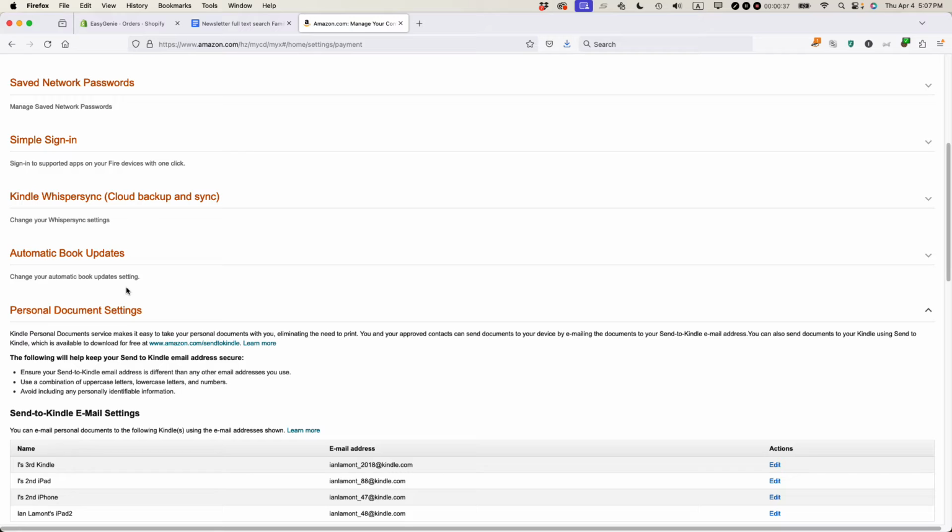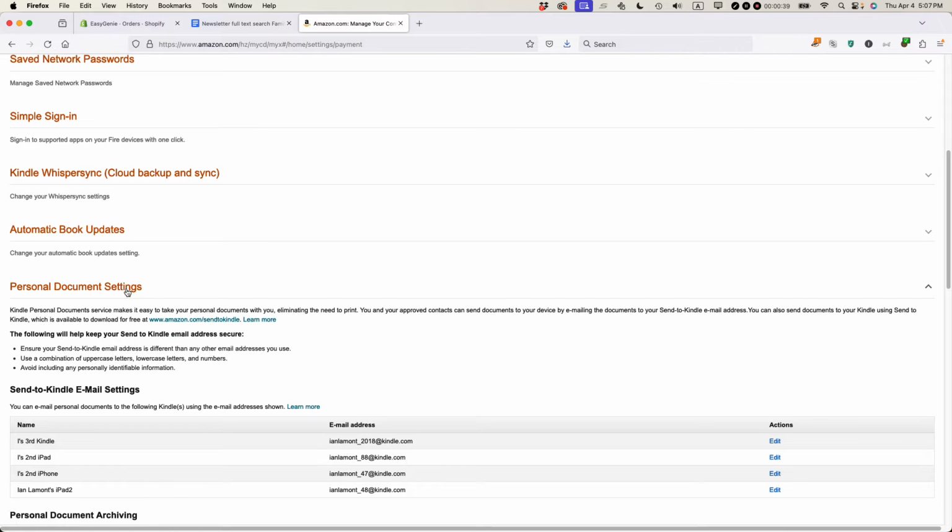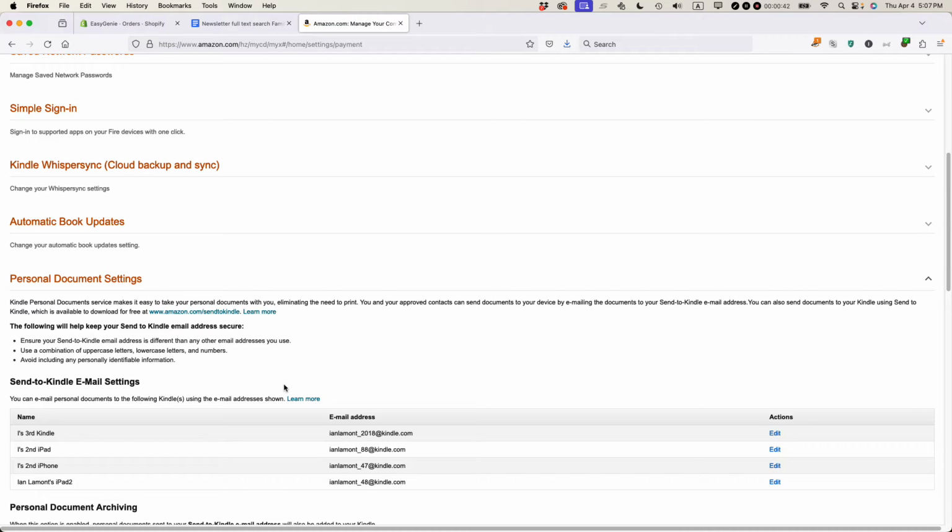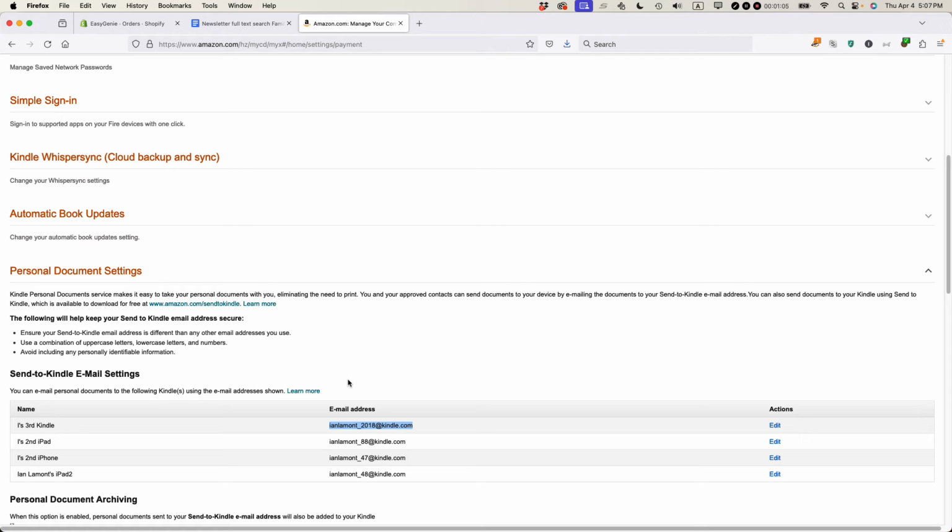Now, this is where the action takes place. Unfortunately, this particular page doesn't allow you to directly upload the Word doc to your Kindle, but what it does show is an email address you can send the Word document to. This email address is unique to my Kindle Paperwhite, and if I send it as an attachment, or somebody else sends it as an attachment from an approved email address, the doc will be loaded onto the Kindle, and then I can read it. And it can be an older Microsoft Word .doc file, or it can be a docx